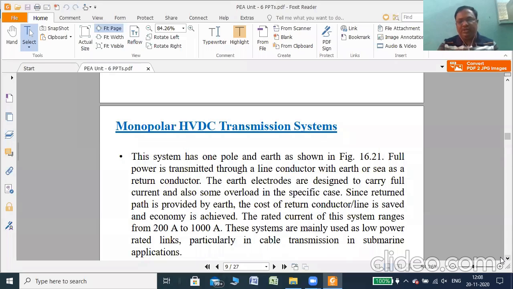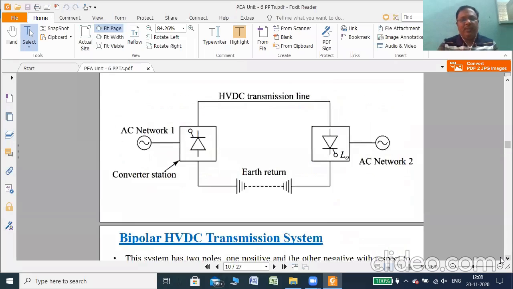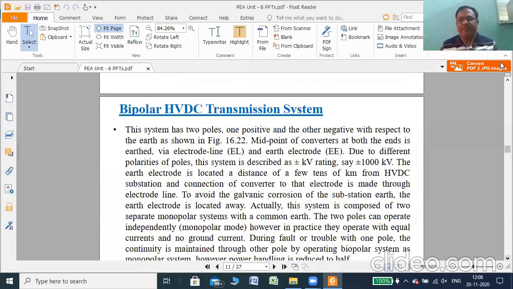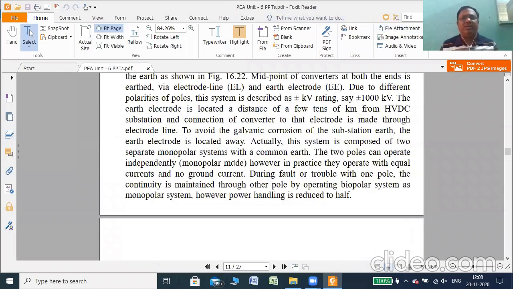in submarine applications. Okay, so the second one is a bipolar DC transmission. Okay, so in this system we can see